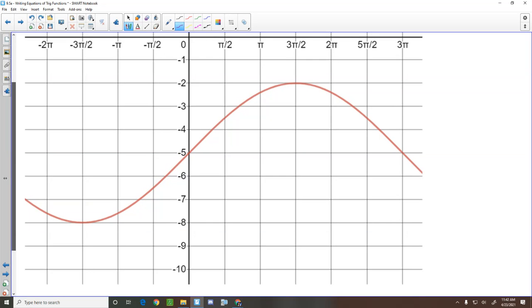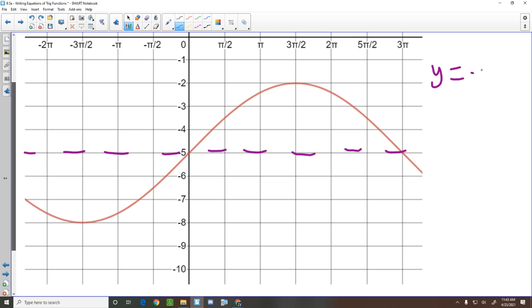Awesome. I saw a number of students identify the midline first. That's fantastic because that helps you to use that as your baseline to determine the amplitude. And so for this one, the midline would be right here